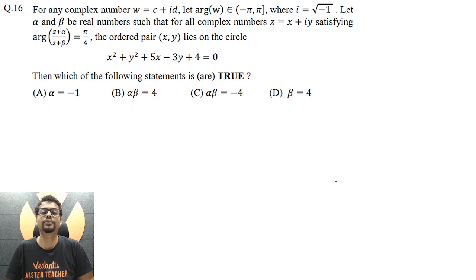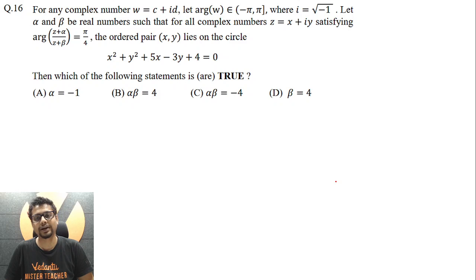We are discussing JEE Advanced 2021, Paper 1, Mathematics, and the question for this video is this. For any complex number w equal to c plus iota d, where c and d are real values, let the argument of w lie in the interval open minus pi to pi closed, where iota is essentially under root minus 1. So there are two real numbers alpha and beta, such that the complex number z equal